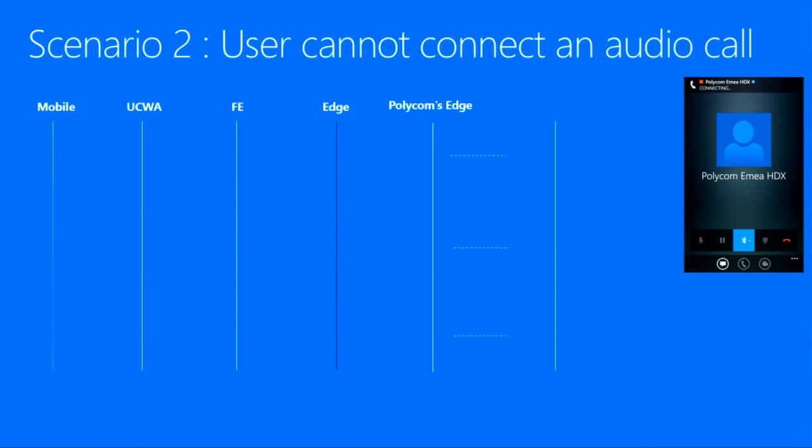what's there after Polycom's edge, whether it's the front end, I mean, it will be the front end of course, but whether it's a mediation server after the front end or any other device in the middle. But what we do care about is that finally, after Polycom's edge, the call is actually hitting the HDX 8000. So this is how the flow is expected based on the scenario, and then since it's not connecting, we would